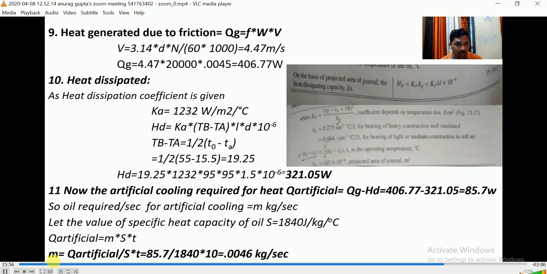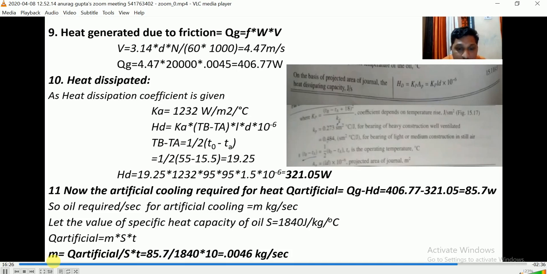Now the artificial cooling requirement, I have taken as Q artificial. The Q artificial is nothing but Q generated minus HD, that is heat dissipation. So the requirement of artificial cooling is 85.7 watt. That much amount of heat has to be carried by the extra oil which is required and which has to be calculated, and this extra amount of heat can be